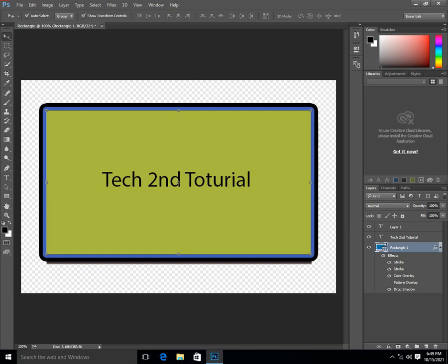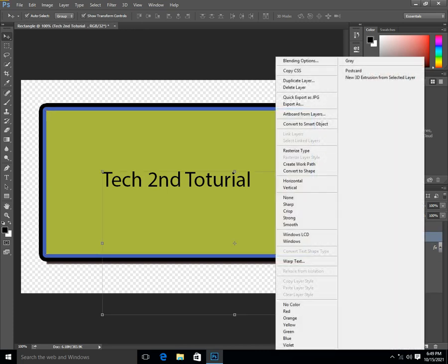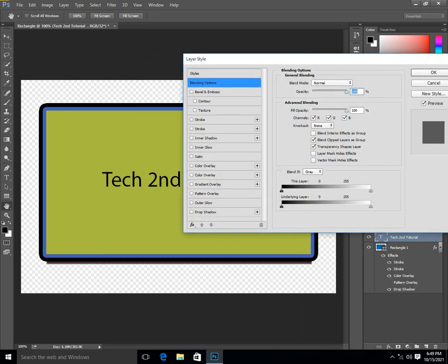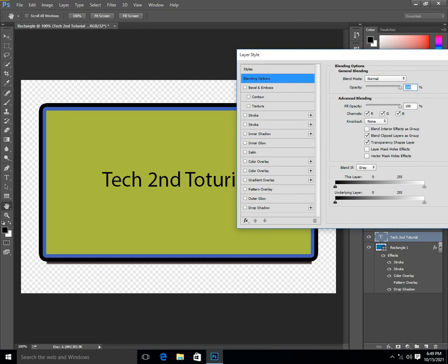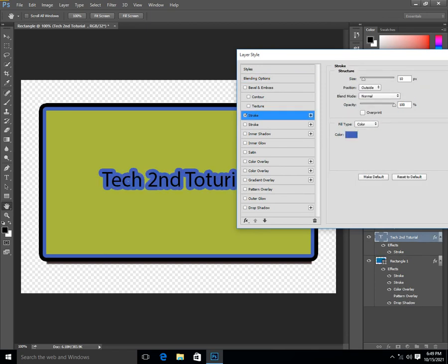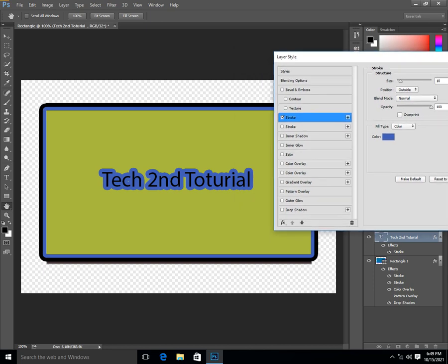These are settings you can also set on your text. Click on this text, copy the blending option, click on blending option, select the stroke, which means border, and click here. You can increase and decrease the size. As its size is 10, we are going to set 5, maybe 2, no, 4 is enough.